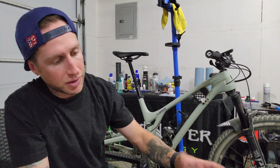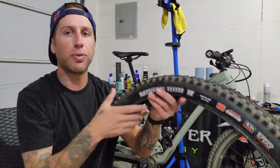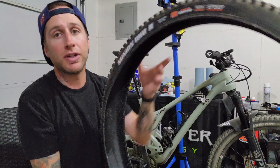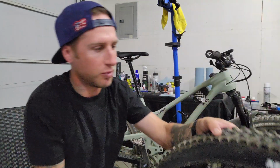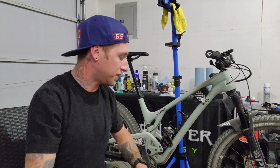But yeah, I was pumped to try this tire out. Rear tire, 2.3, is really light, lighter than the Aggressor, but the Aggressor seems a little bit more durable. Maybe I just had a fluke deal on that DHR2, but